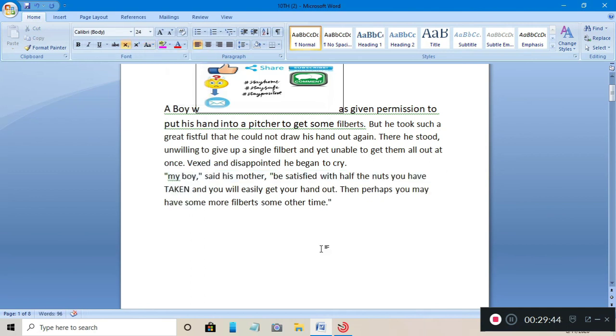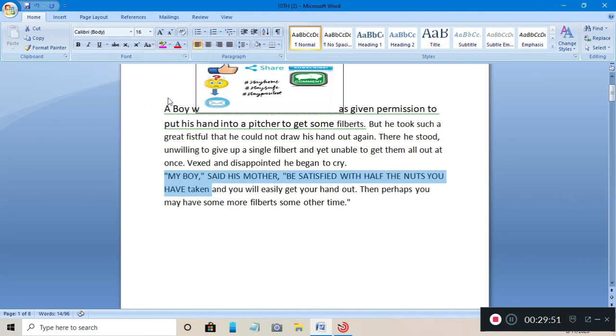Now you can see here toggle case, one second, toggle case. Now you can see this toggle case is also the same like